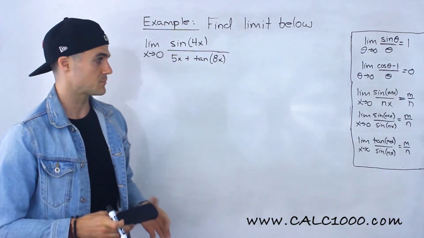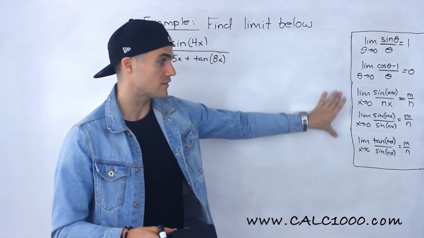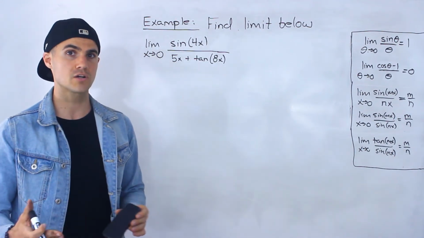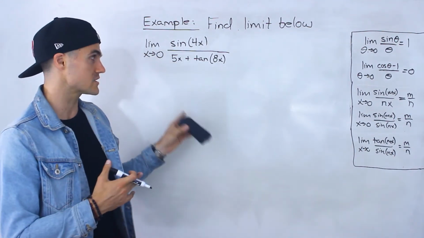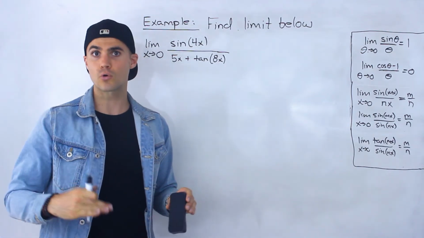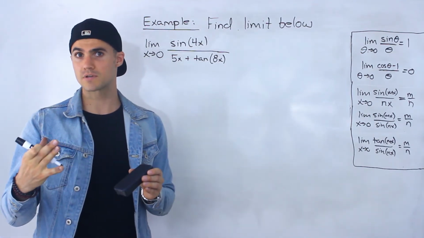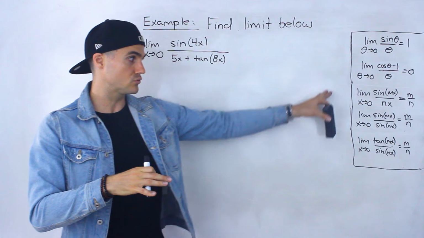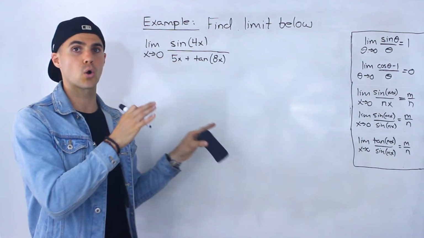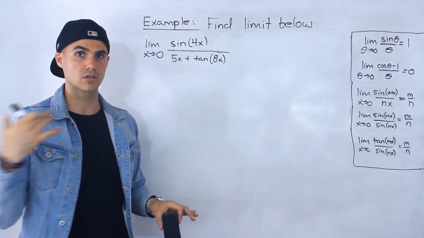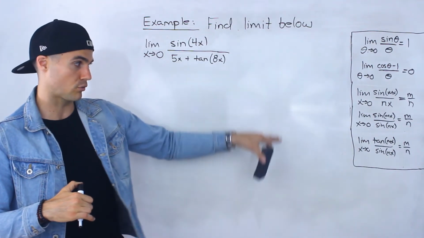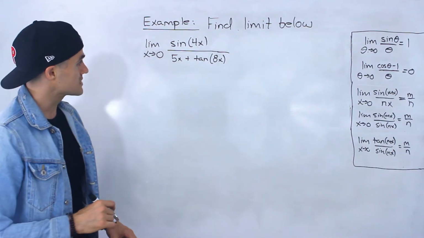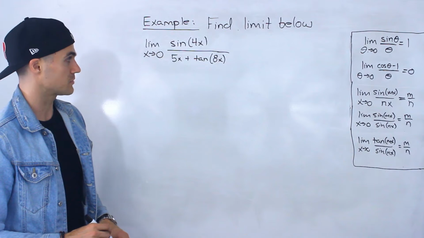As I've done in the previous examples, going to be using some of these results. A lot of these results I actually showed how to get in the previous examples. So if you didn't watch the previous examples, make sure you do before this one. I put them in a specific order on the site, and I did that on purpose, just so we're building kind of the fundamentals. And so if we do run into one of these results, I'm going to go through it a lot quicker in this example because I'm assuming you've watched the previous examples where we go through those results in more detail. So we got the limit as x approaches 0 of sine 4x over 5x plus tan